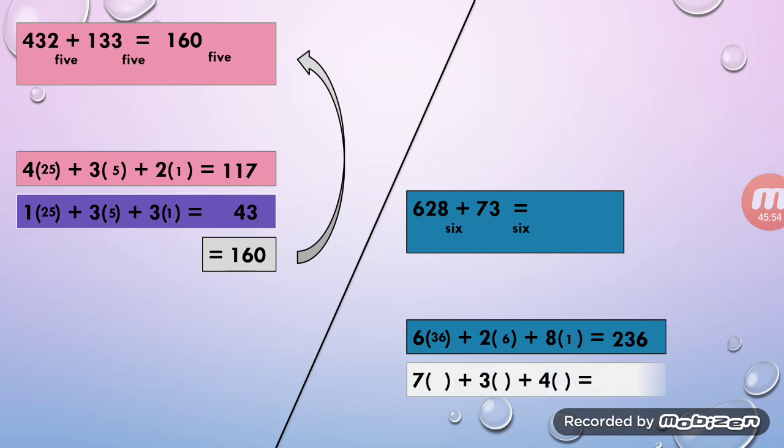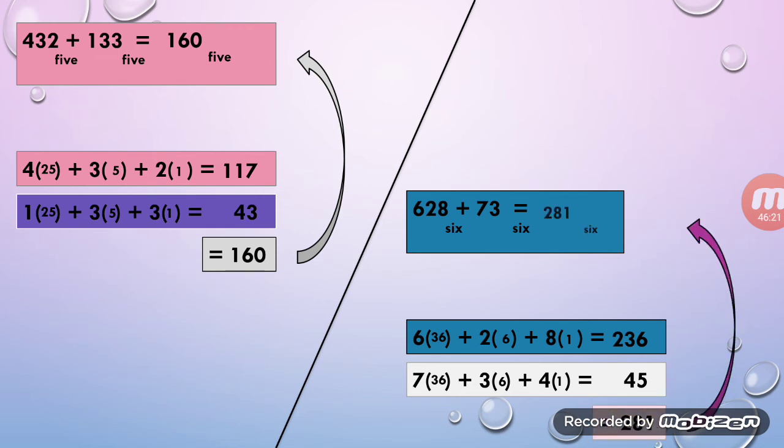And again, we'll do the same thing, breaking apart. There's supposed to be a 4 there, I apologize. But we will break apart the number once more. So 7 times 36 plus 3 times 6 plus 4 times 1 equals 45. And so adding the sum numbers together, we are given